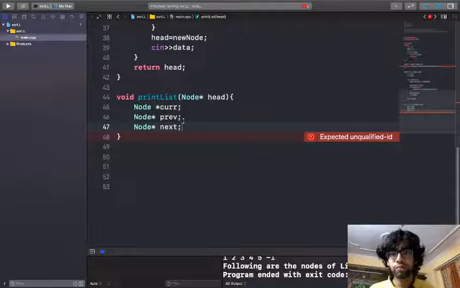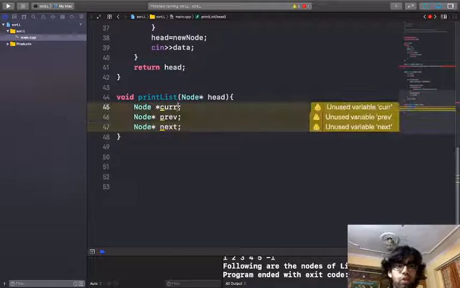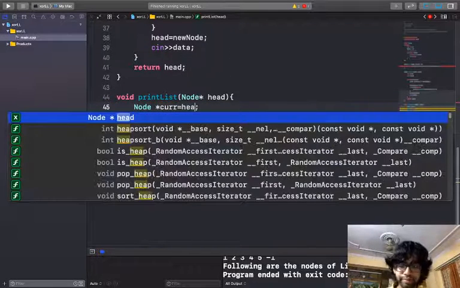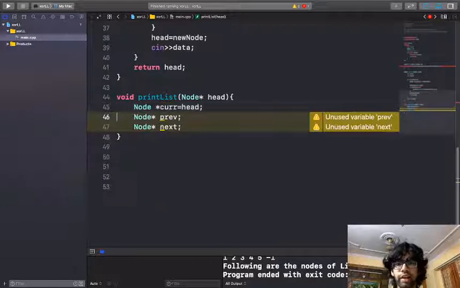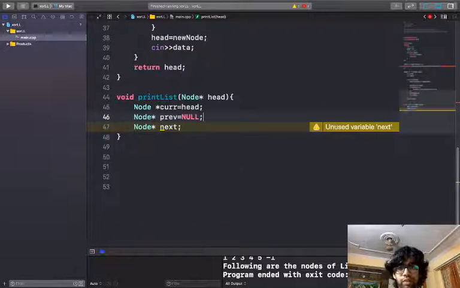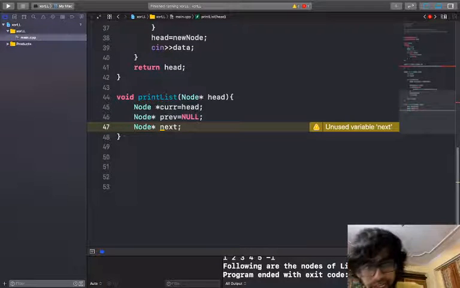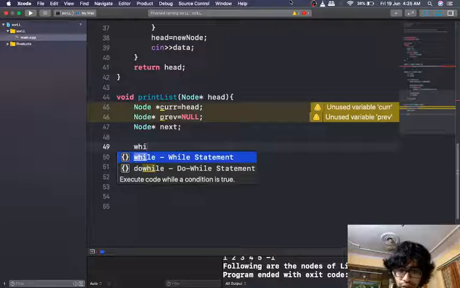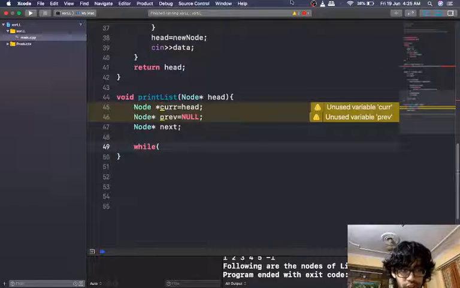Okay, so in current we will store head, and in previous we will store null for now, and we will look at next later. We'll run a loop in which the condition would be till current gets null.